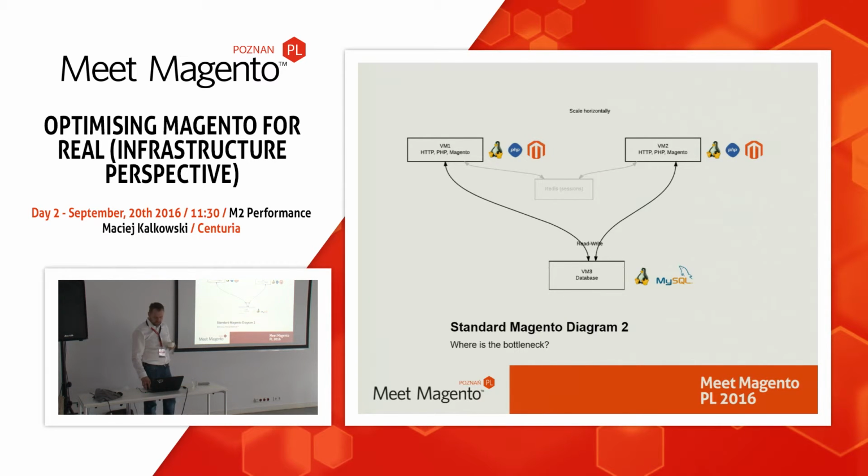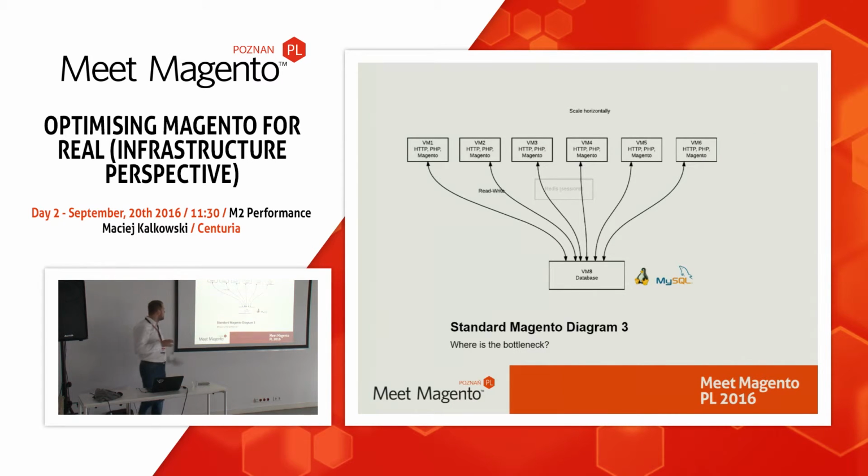It looks easy. But we're looking for a bottleneck of our system. We are looking for the constraint of our system. So I'm going to give you a little hint. We can scale Magento apps really easily, right? We can add 100 virtual machines with HTTP server, Magento, PHP 7, even so it's going to be faster. But where is the bottleneck here?